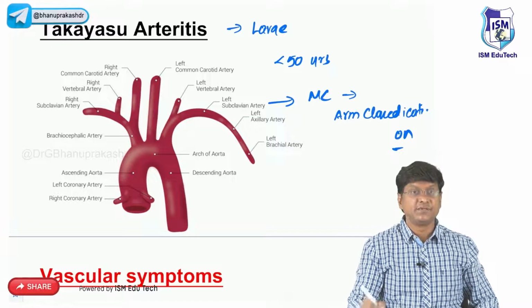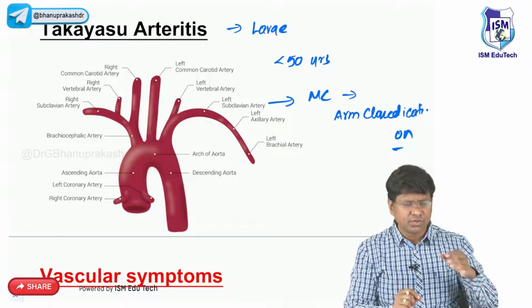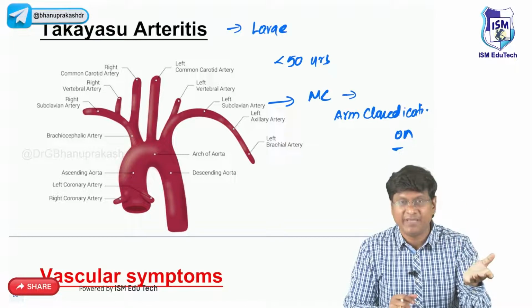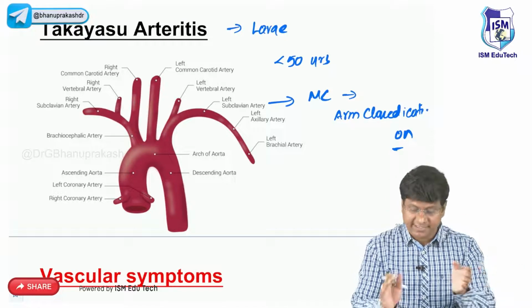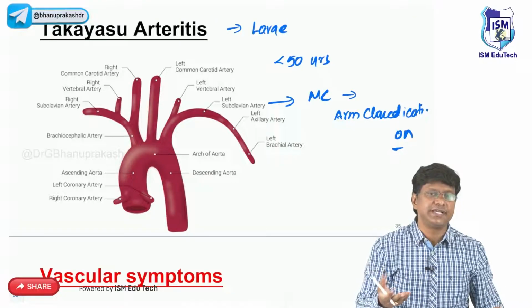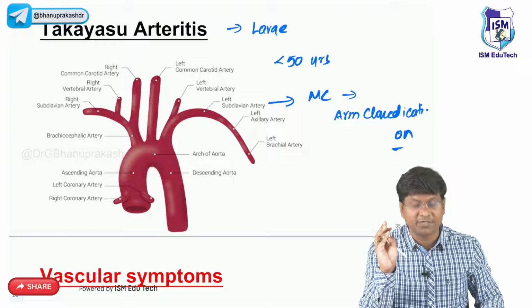Right, the patient will present with arm claudication. Whenever the individual does some work with the upper limb, he or she will have pain, and after taking rest the pain will disappear, and that is what is called arm claudication. And the other vessels which can get affected: there can be involvement of the common carotid artery, due to which